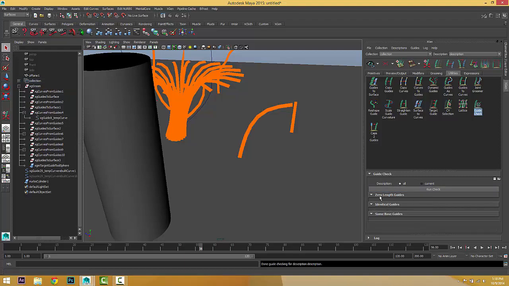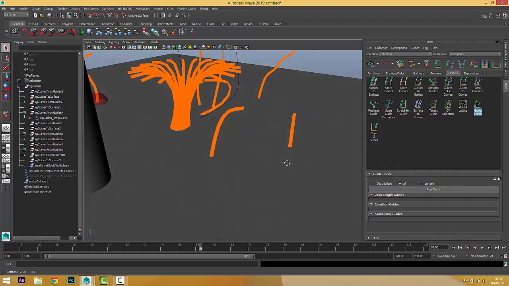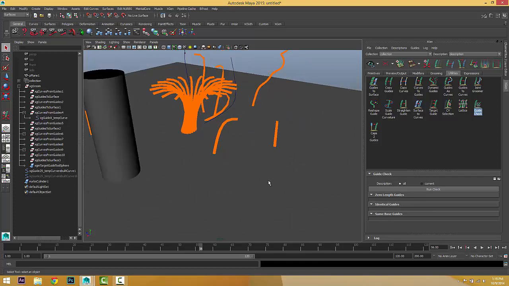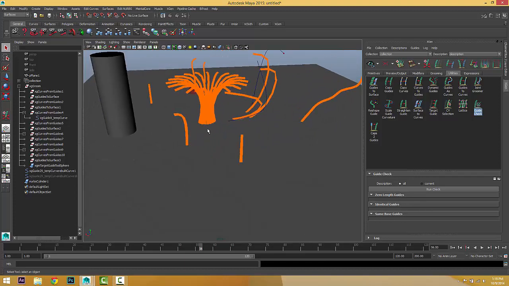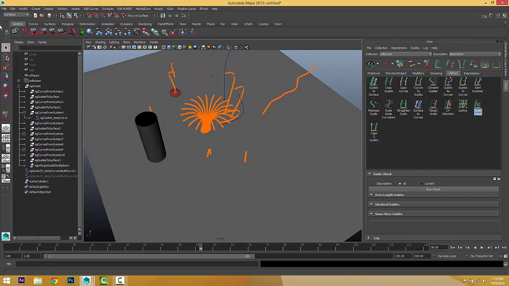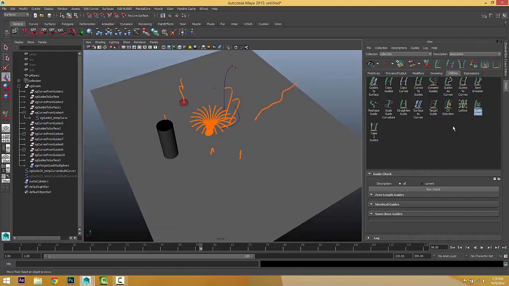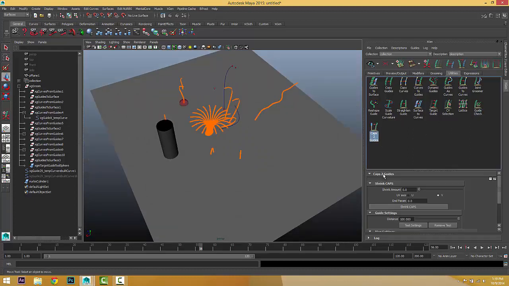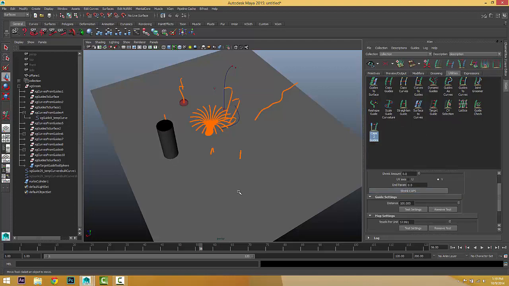If you have a 0 length guide, with no length whatsoever, it will be shown here, or the same base guide. The guides having the same base, even if they are different, will also be shown. And also we have caps to guides. Very simple. We've got a few options.